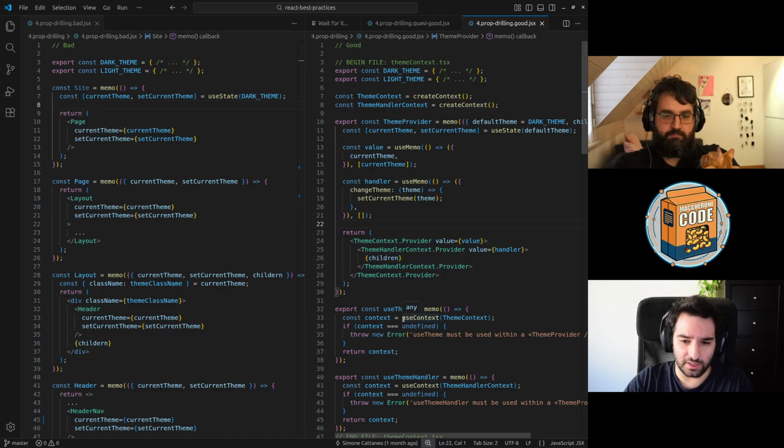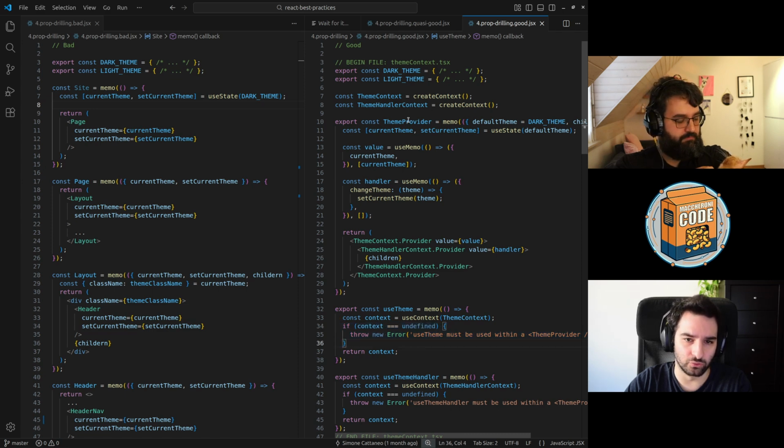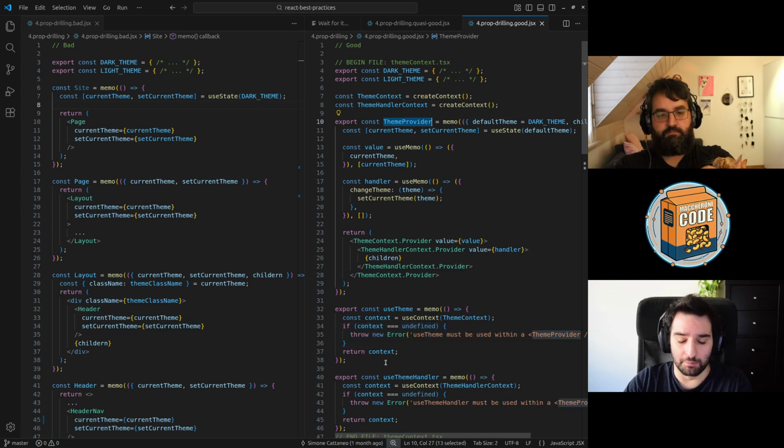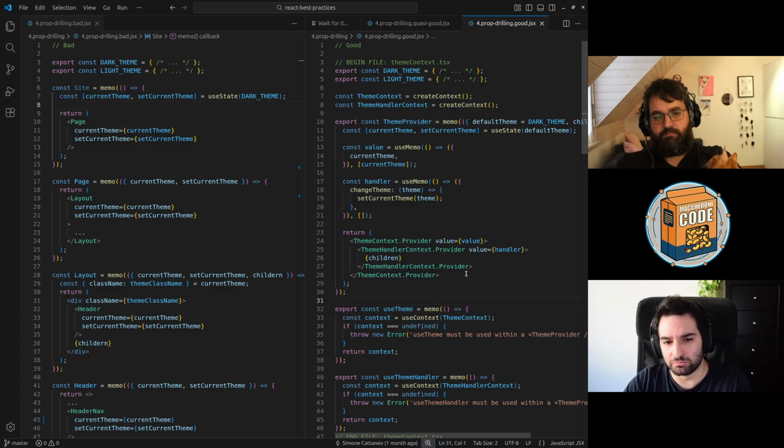One thing that I forgot to say is that I created those useTeam and useTeamHandler functions by accessing the context and then checking if it is undefined. If it is undefined, I throw an error because you have to surround with my provider. But it's not always a rule, because, for example, if you want to have an optional context, you can manage it in another way. But this is one of the standard ways to do that.